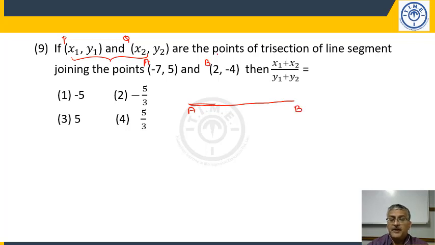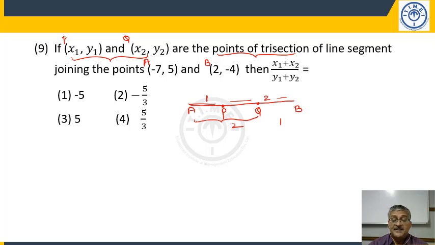What is the meaning of points of trisection? That means points which divide AB in the ratio 2 is to 1 or 1 is to 2. So point P divides AB in the ratio 1 is to 2, and point Q divides AB in the ratio 2 is to 1. Then these points P and Q are called points of trisection of AB. So points of trisection means the points which divide AB in the ratio 1 is to 2 or 2 is to 1. So we observe here A is given, B is given, and P is x1 y1, Q is